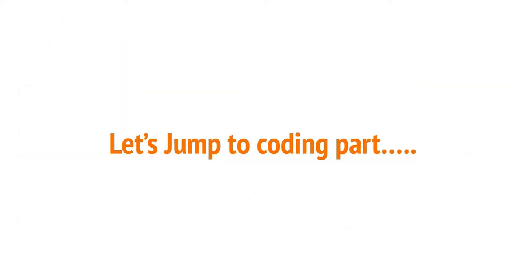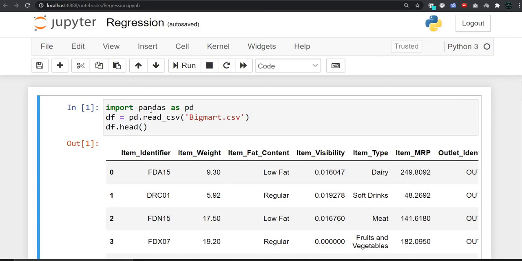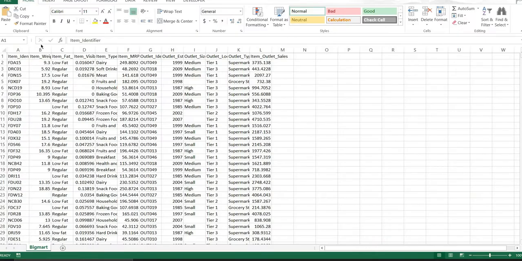So now let us jump to our coding part. First of all, we have to load the data set. Let me first show you what the data set looks like, then we will load it. You can see that this is the data set, and it has different types of columns, and some of the string values are there, as you can see here. Some columns need to be removed because id does not play any role in predicting our required result. So we will try to remove all these things.